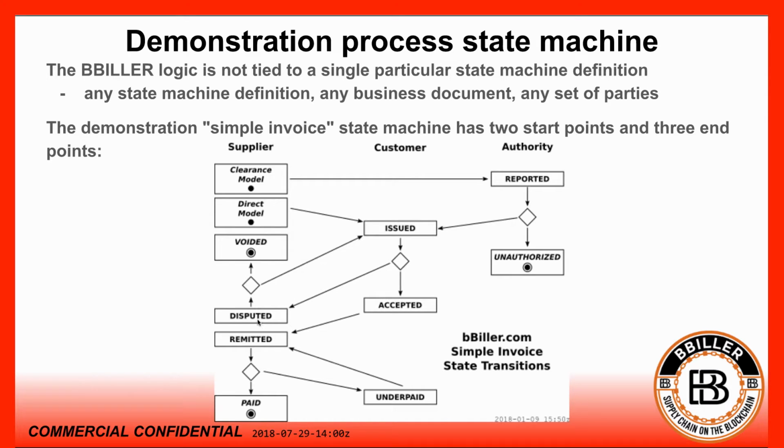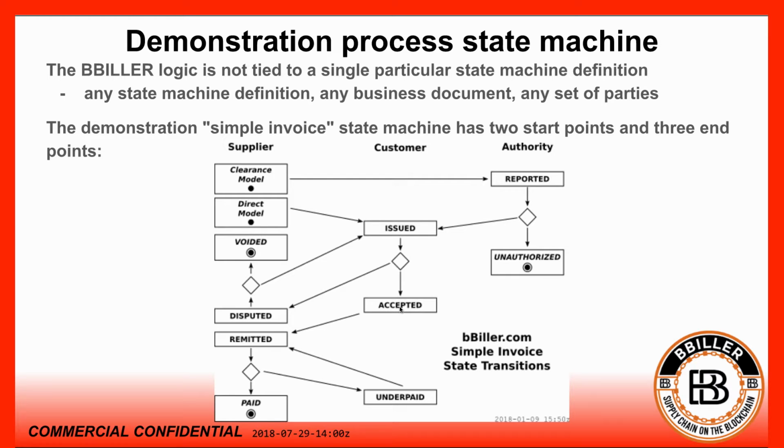Should the customer dispute it, the status is then handed back to the supplier, who decides whether to issue the invoice or to void the invoice. Setting the state to issued again does not change the invoice. It merely states that the dispute is not agreed to and that the original invoice is to stand as issued. The customer then can decide to accept the invoice. They could dispute it again, but should they decide to accept the invoice,